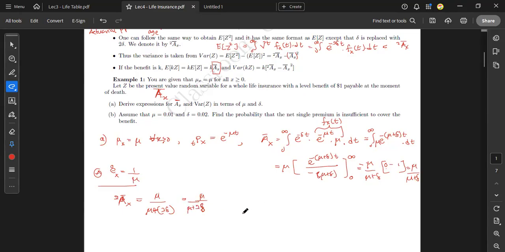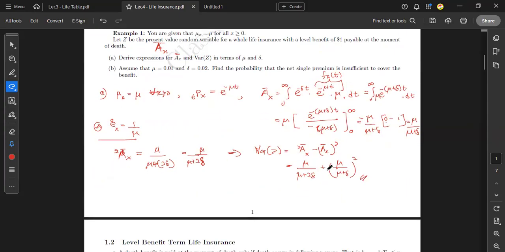So this is the final value. And this gives us the variance of C as okay, this is negative. So that is the variance for this